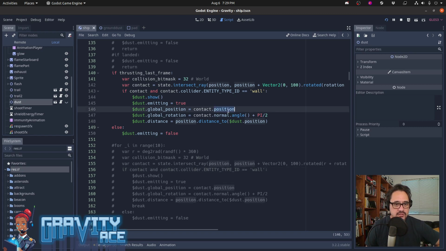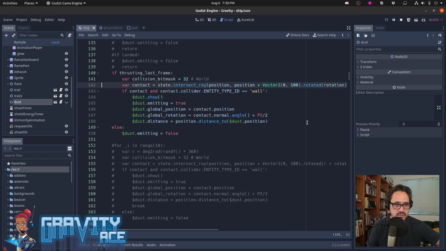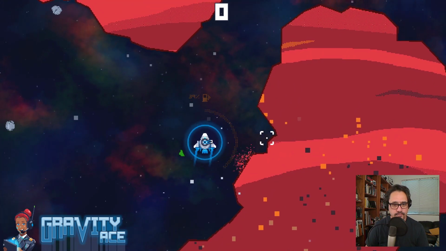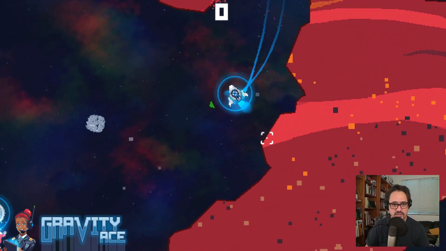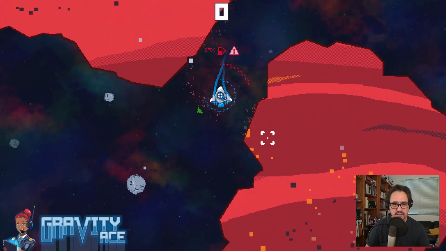Maybe. Should be at this contact position. It's shooting a ray from where I am, out 100 on the x-axis, rotated by the rotation of the ship. Let's take that off, just see. And then if it makes a connection with the wall, then it should be putting it right at the contact position of the wall. Let's see. That's interesting. So see, it's off to the side. It's working. It's just off to the side. It's 90 degrees off. And I think that's because...